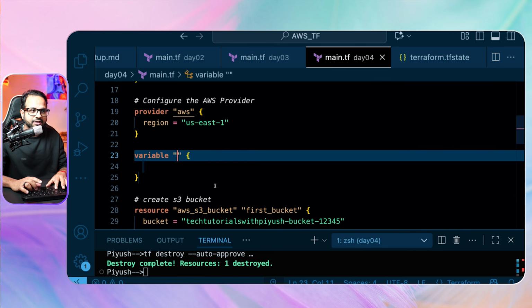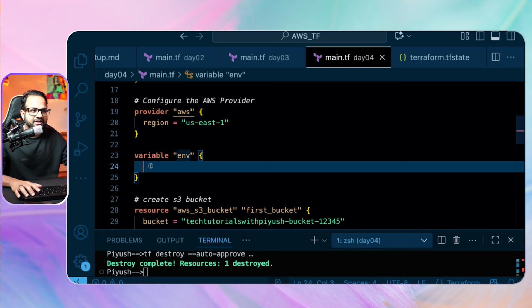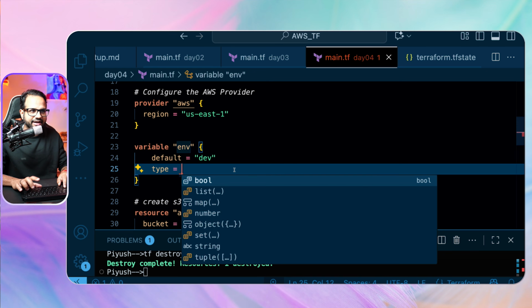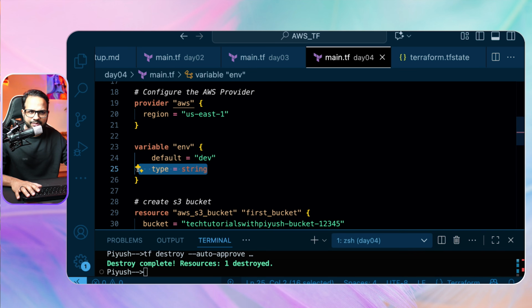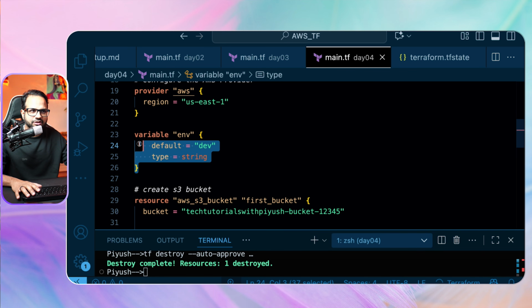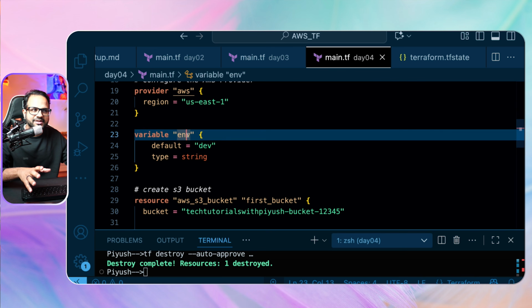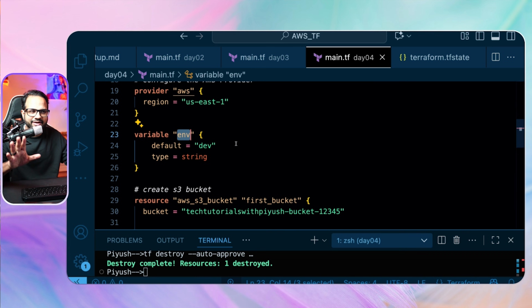Okay, so let's call it env, and then default equal to dev. This is how we have initialized the value. Default equal to dev, type equal to string. We'll come back to this type later on, but for now just focus on this. So the variable name is env, the local name of the variable is env, but the actual value of the